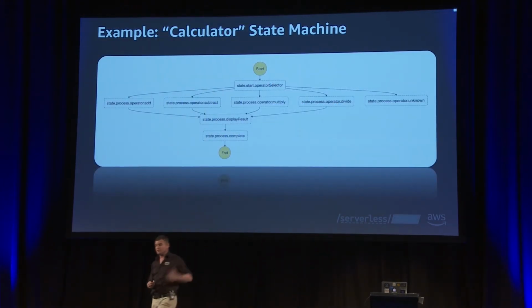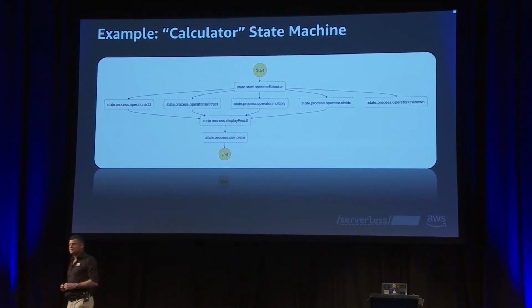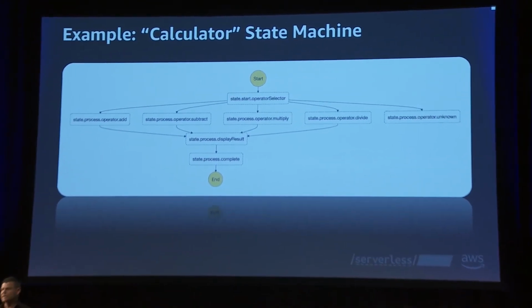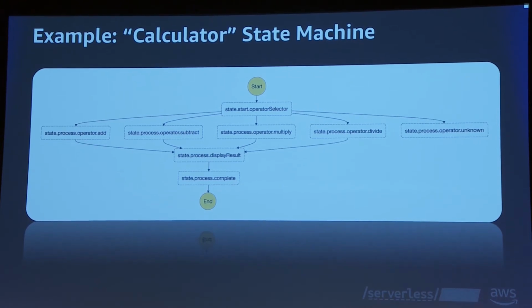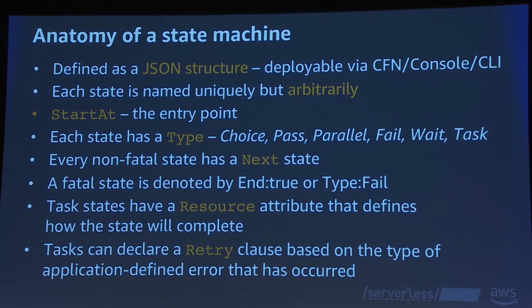So I'm going to build this. This is a simple calculator. This is a little bit hello world, but it's going to touch a lot of the features of creating a state machine. I'm going to create basically a simple arithmetic calculator that handles add, subtract, multiply, divide, and also handles errors. And first of all, it's not going to do anything. I'm just going to create the state machine from scratch, and then we're going to come back on the second demonstration and implement the actual logic. So let's just drop back into